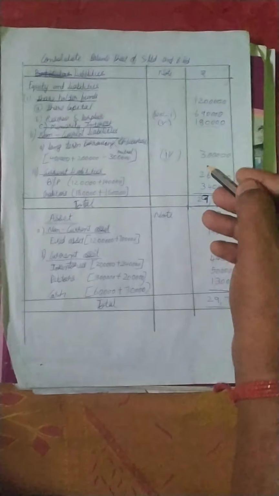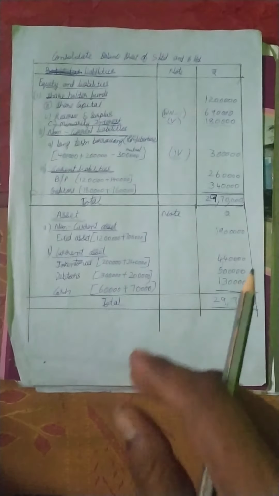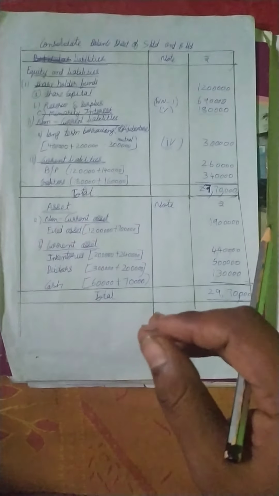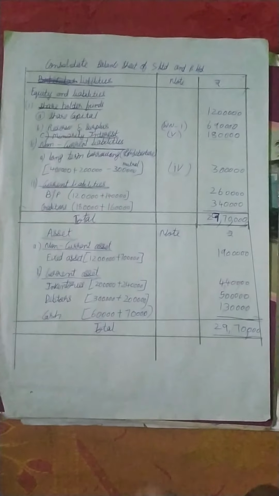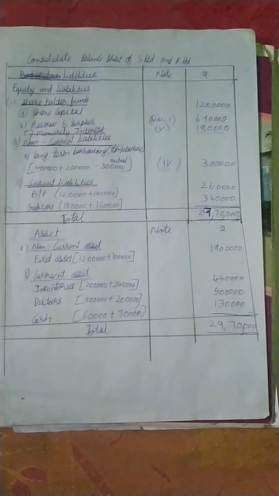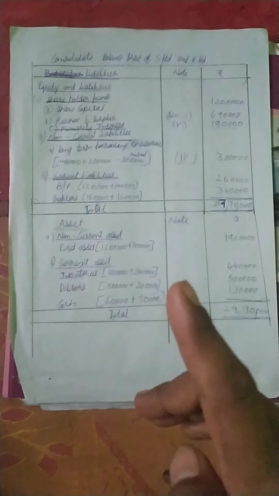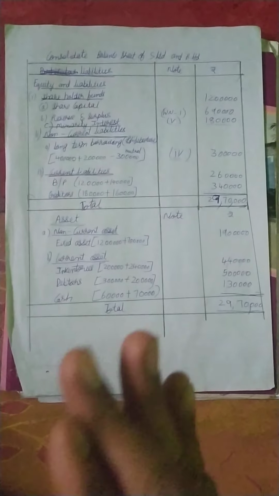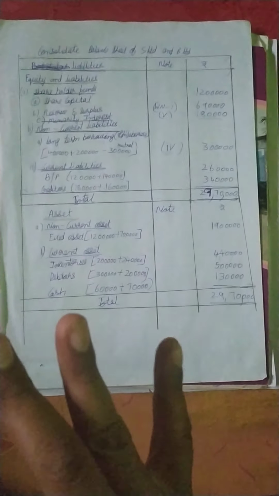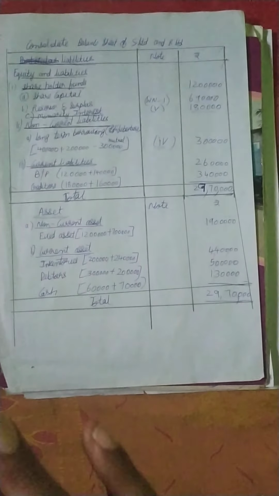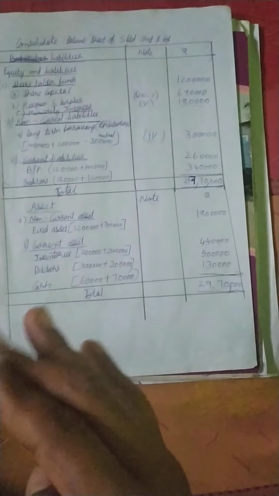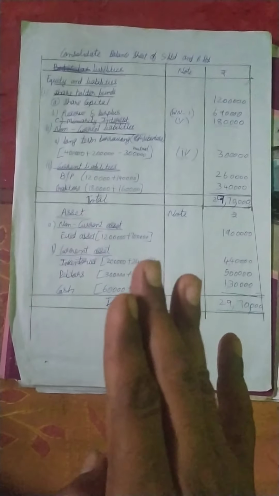Now our consolidated balance sheet is tallied and balanced. Hence we will be preparing in this method. You can see that any problem of consolidated statement is prepared based on this. In this one, the post acquisition period is not given. Otherwise, if the post acquisition period is given, easily we can find out the ratio and we can find out the consolidated statement.